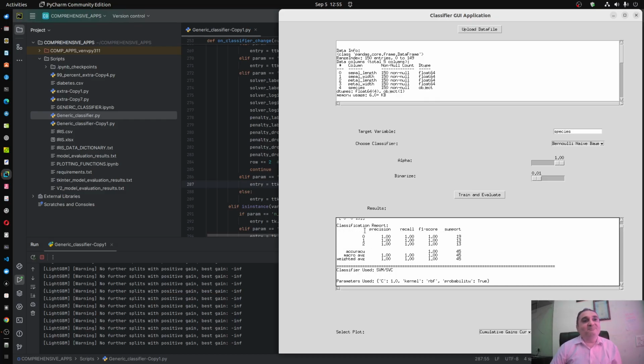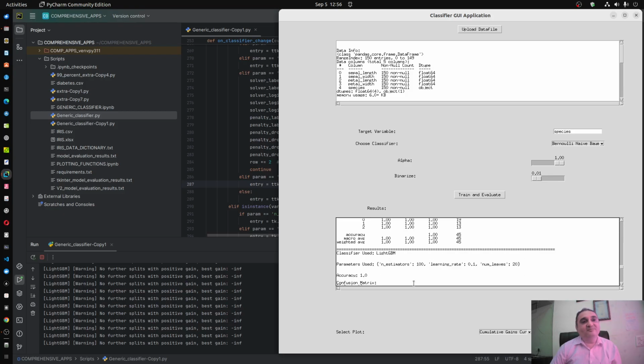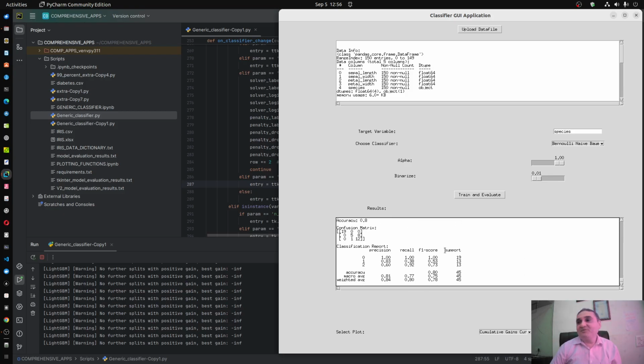Okay, so precision for class 0 100%, recall for class 0 100%, F1 score 100%, class 1 again 100%, and class 2, that is Setosa, virginica, versicolor, all is 100%, while this is not the case here. You can see that precision and recall are very poor compared to those models.